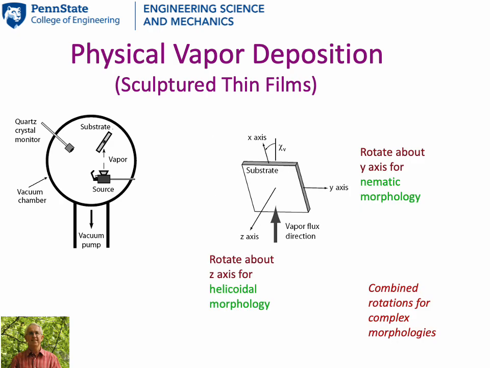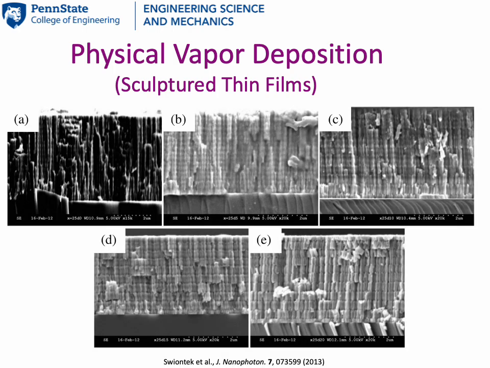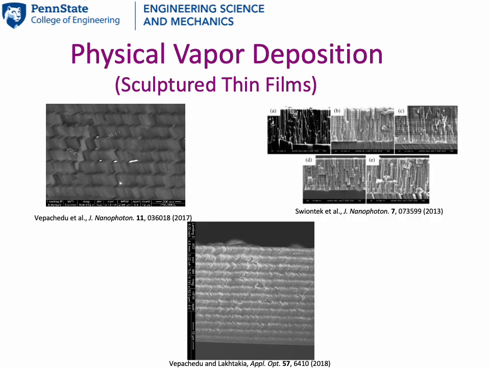Finally, it should be possible to do both kinds of rotations simultaneously in order to get complex nanomorphologies. And that is what you see in the films labeled B2E from 2013. Structural periodicity is maintained in these films too, in the thickness direction. These scanning electron microscope images are of films made in this century.